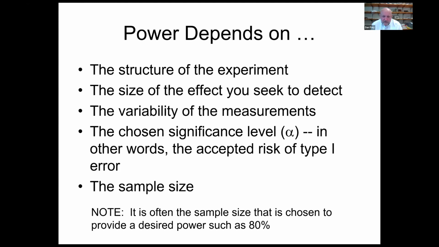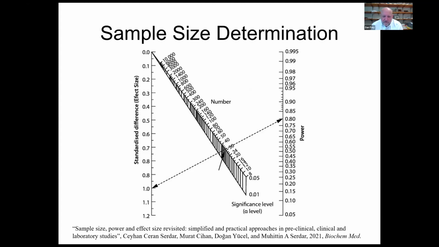It's affected by the variability in measurements, how precisely you can gauge the different things, and the significance level that you have chosen, that is a risk that you accept of what's called type 1 error, that is concluding incorrectly that there's an effect when there isn't an effect. And ultimately, those determine, in powering an experiment, usually you decide on the sample size in order to get some chosen level of power. As an example of how to do this, what you might do is take this thing